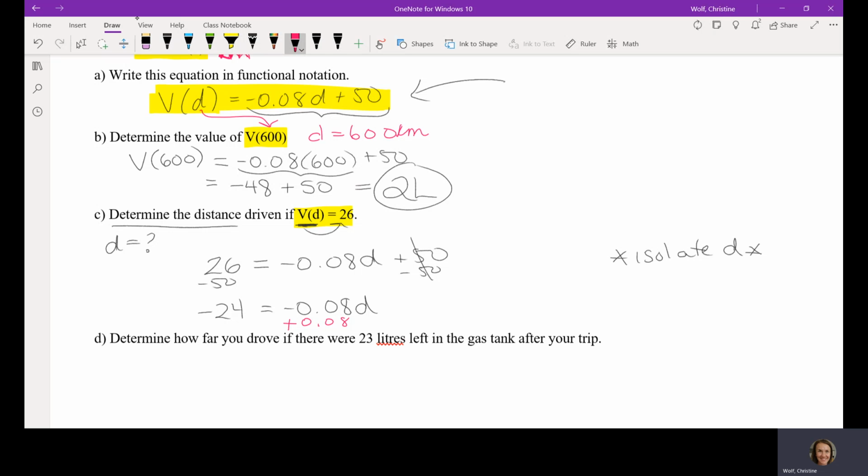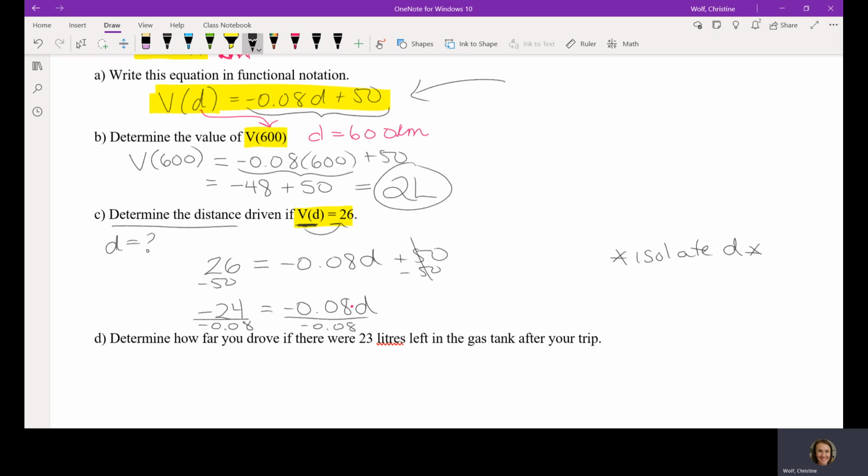The negative 0.08 is multiplied to the D. So what we have to do to undo a multiplication is divide. And we divide by exactly what we want to get rid of, which is the negative 0.08. So on the left-hand side, when you do that division,